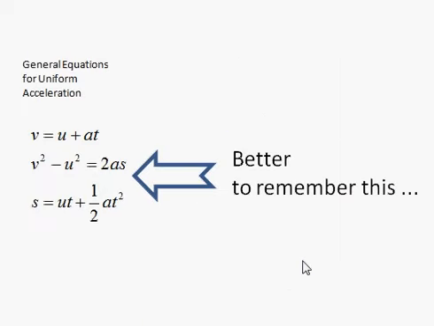Now it's better to remember these three fundamental equations rather than remember 9 different equations, because if we know the concept, we can introduce g with the positive value or negative value for the vertical motion. Either it can be upward or towards downward direction. Okay, that's a better concept.